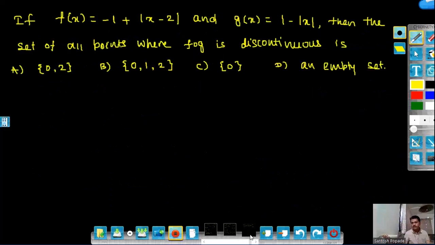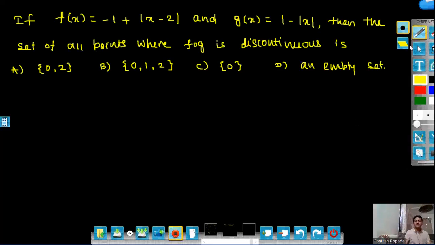If it is asked to find actual values, then you have to perform all these calculations. Otherwise you can just observe that f of u becomes discontinuous at 2 points, and u also becomes discontinuous at 1 point, and therefore in all 3 points of discontinuity. Means you can just solve in 5 seconds only. Now let us see the next and last question from this chapter.